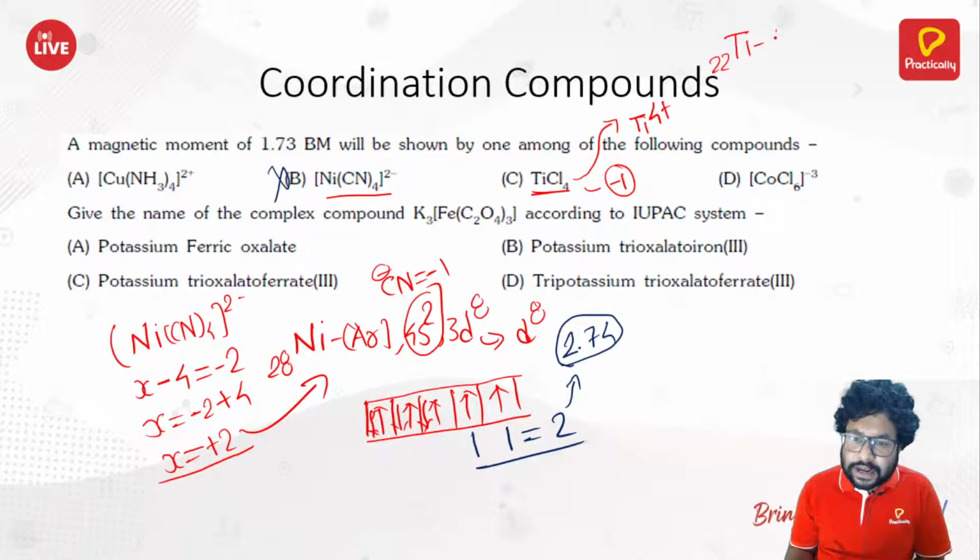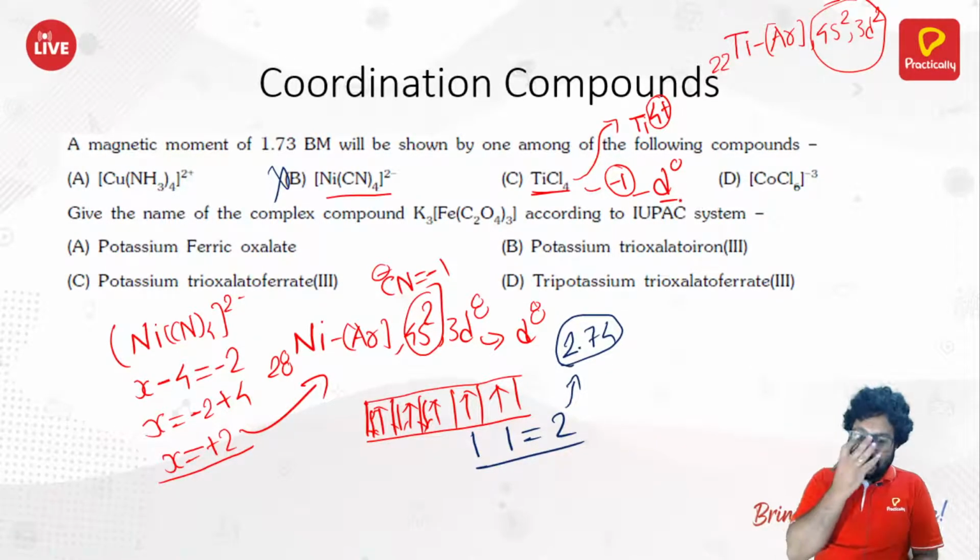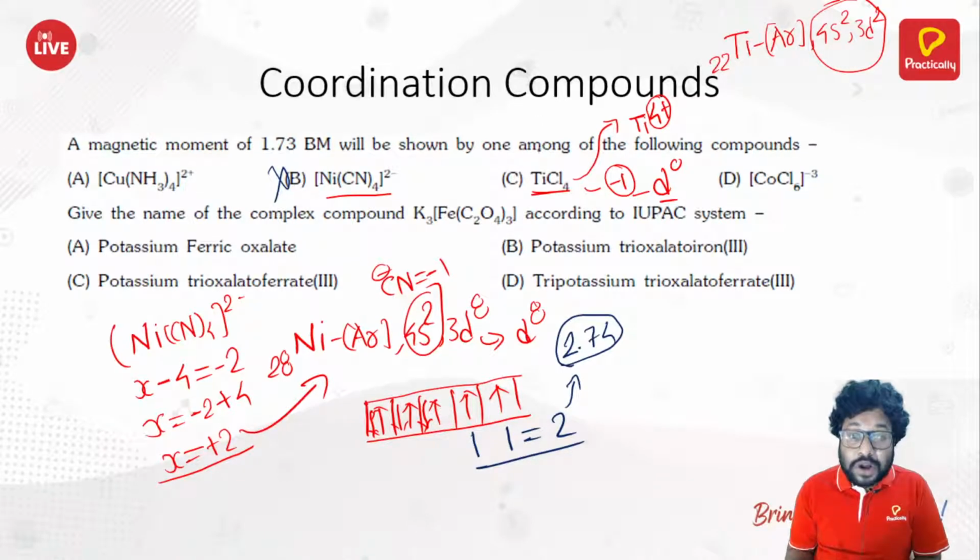So again, the electronic configuration is argon 4s2 3d2. 4 electrons go because it's in a 4 plus. And this compound would have 0 electrons in d orbital. It should be d0. When it's d0, this compound should be colorless firstly, and